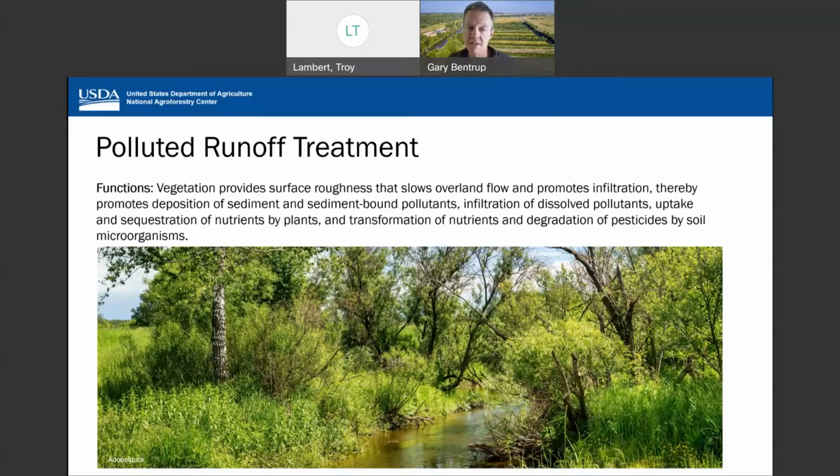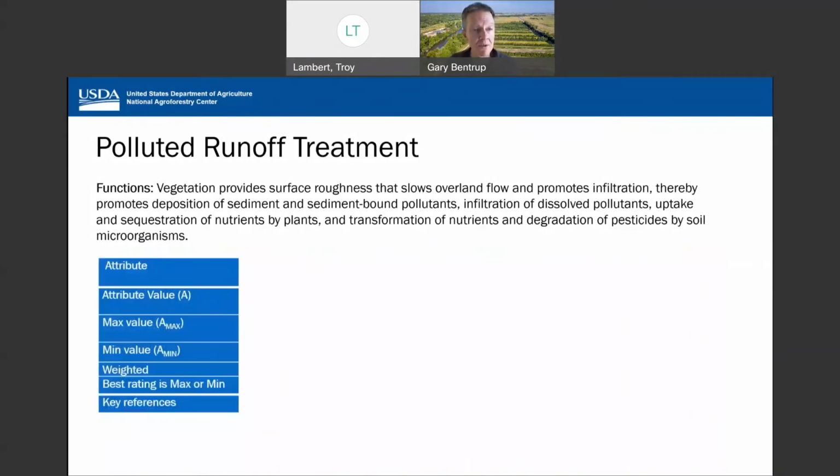Vegetation also allows uptake and sequestration of nutrients by plants and the transformation of these nutrients and degradation of pesticides by soil microorganisms.